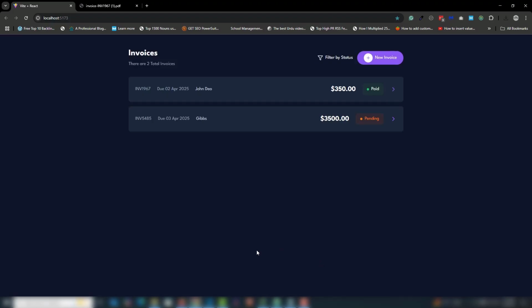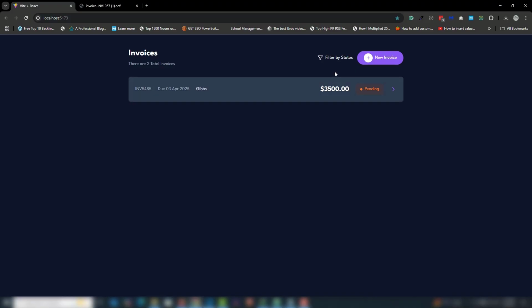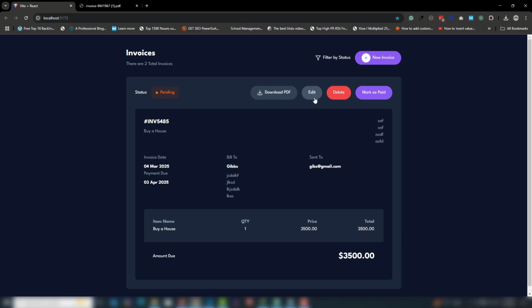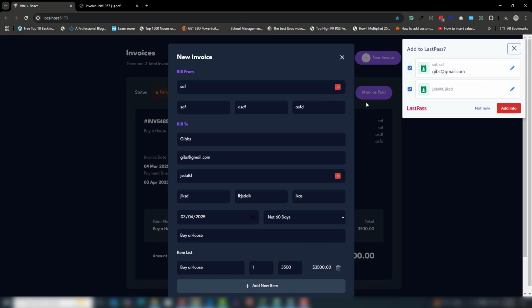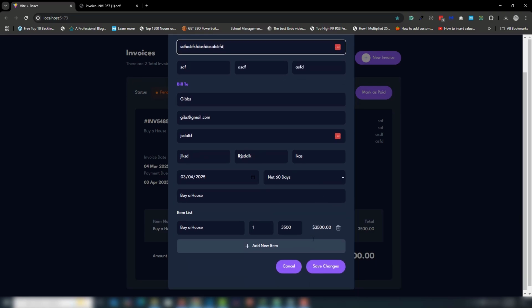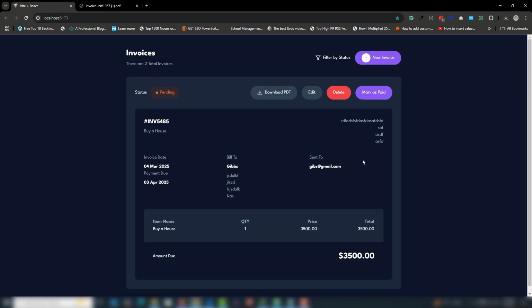Create invoice. I'm getting the pending, get the pending details or all, and then I'm able to edit that in just a minute. So let's say I'm going to use it like this, save changes, yeah, and I'm able to use mark as paid,